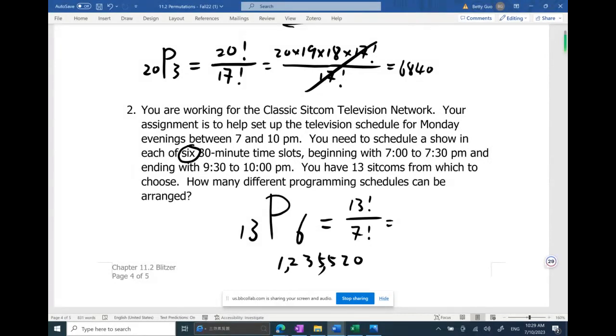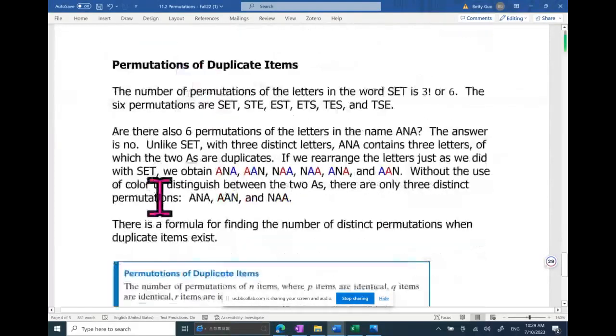1,235,520 different options to make that arrangement. Yeah, make sure whatever methods you use, you have the same answer as me. Next